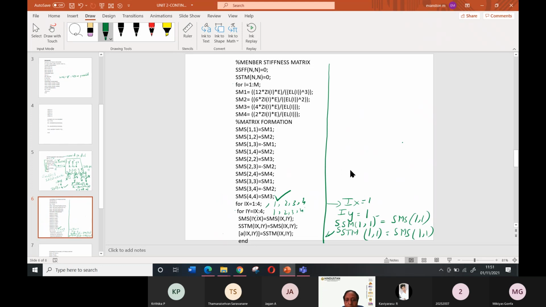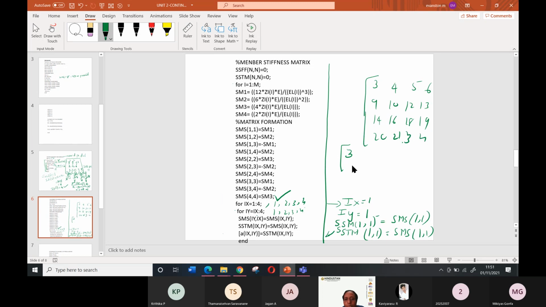If it is in matrix form, it will store all the values. Let us take SMS of 1 is equal to 3, 4, 5, 6, 9, 10, 12, 13, 14, 16, 18. Randomly I am giving values 19, 20, 1, 3, 4.